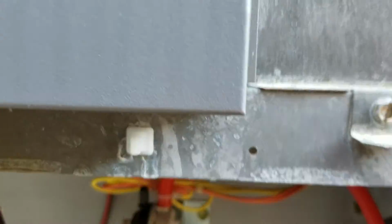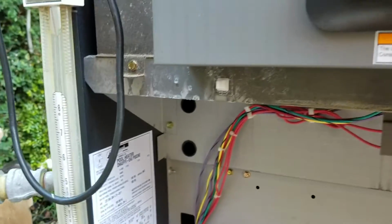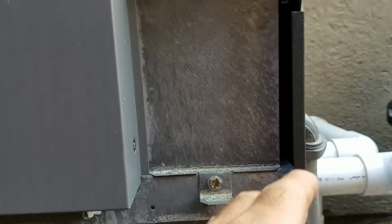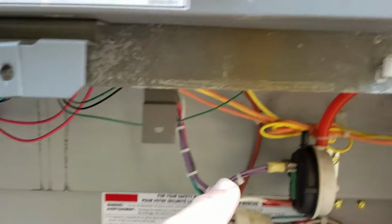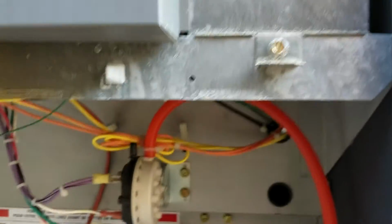You can see right here, there's a lot of condensation. Just noticing, this is from condensation, or it could be from a sprinkler spraying or misting on the heater when it's trying to run. It does look like there's some type of spray pattern coming from this direction somehow, just on that side, and then everything else looks like it might just be runoff of some kind of condensation or evaporation. We definitely want to make sure, especially when this heater is running, there's no water spraying on it,